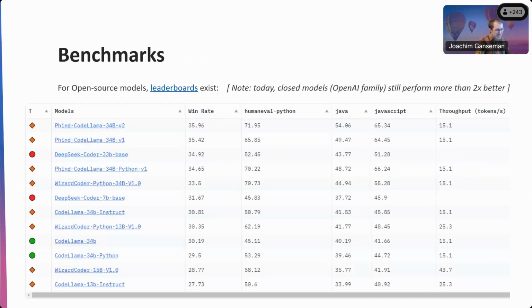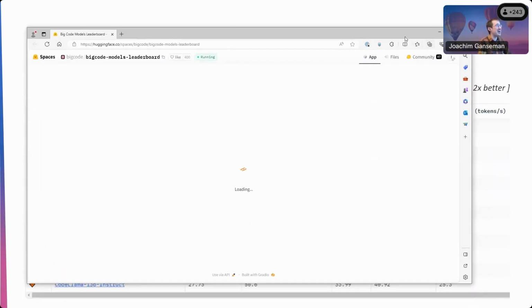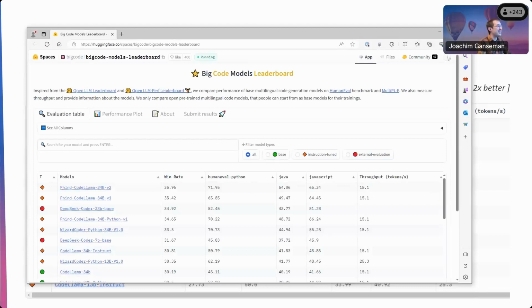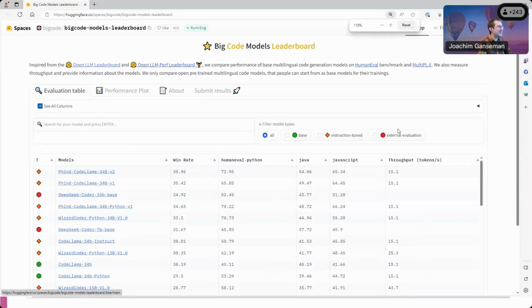How to pick and choose a backend, how to pick and choose a language model. For open source models, there are leaderboards. And actually, I can maybe just see what the status is right now, because you never know. There might have been leaderboards that have appeared yesterday night or something, and then my slide is outdated. So this is the state of this leaderboard right now,